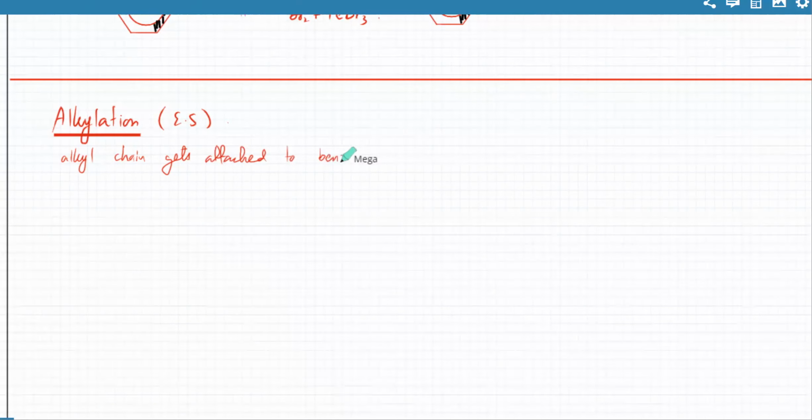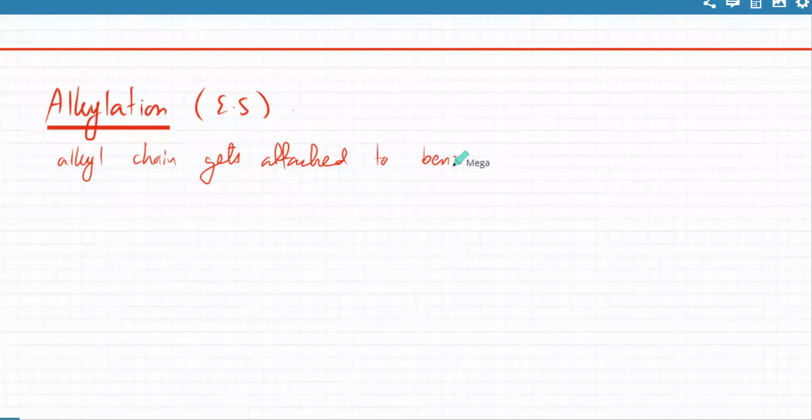The mechanism and everything else is kind of similar. Anyways, it gets attached to benzene. So I'll quickly draw a benzene. What will happen in this case is that if you have a benzene,